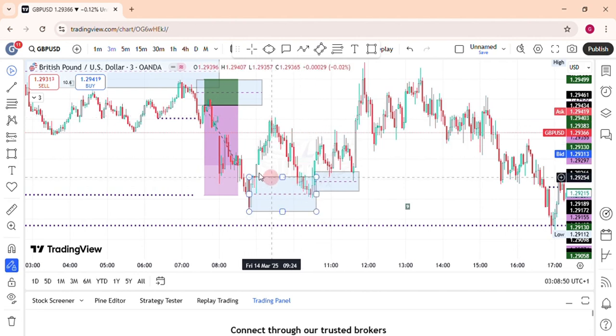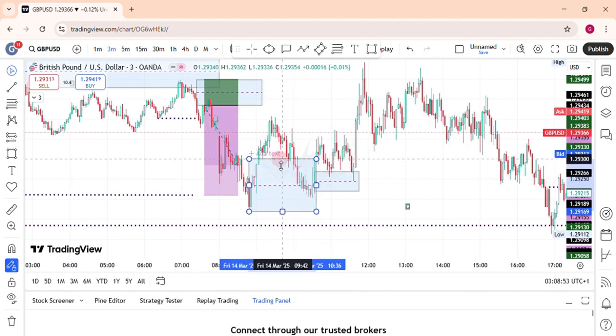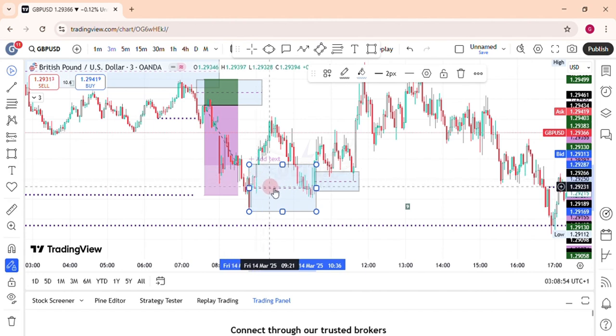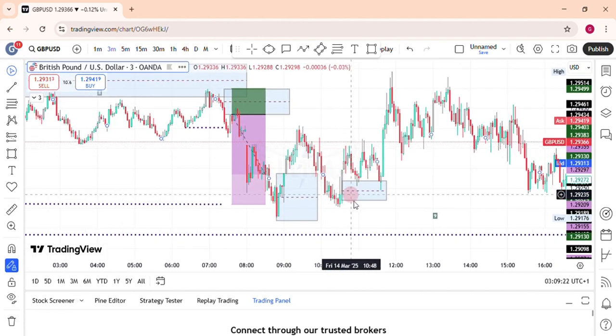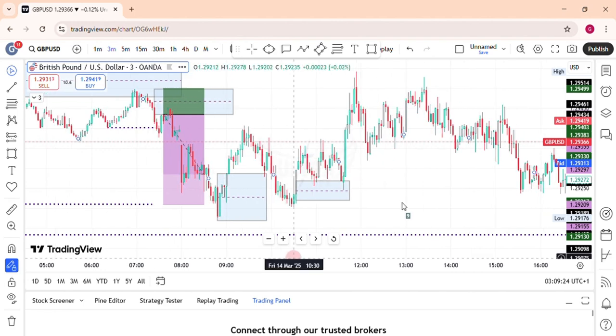So we have for ourselves a fair value gap right here. This is our fair value gap, and this is the order block. So a fair value gap and an order block makes a trade powerful. It makes the market more likely to react to or respect that area. So now after price tapped into this demand zone, which is a fair value gap, the market created another fair value gap, which we can actually see on a 5-minute time frame. You can check it on your 5-minute time frame.